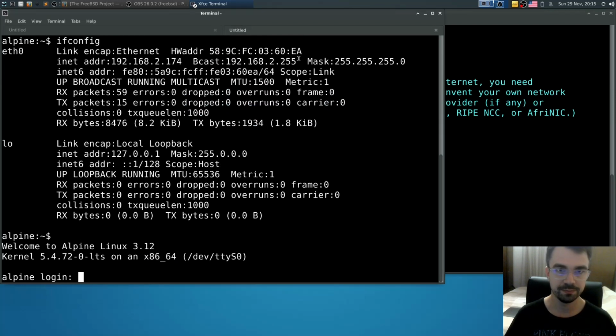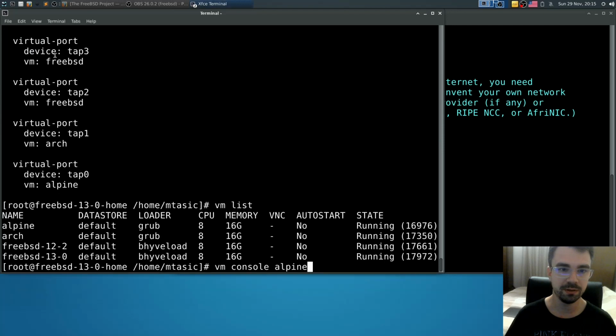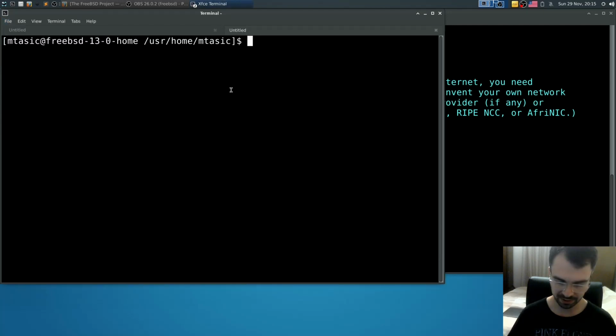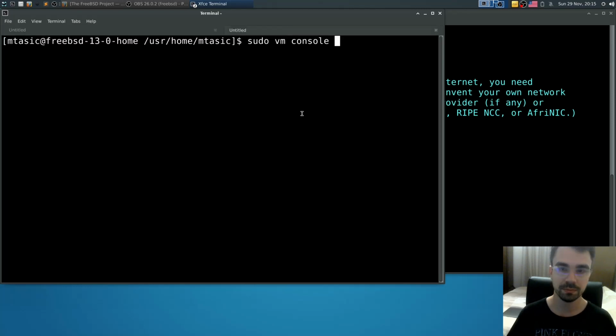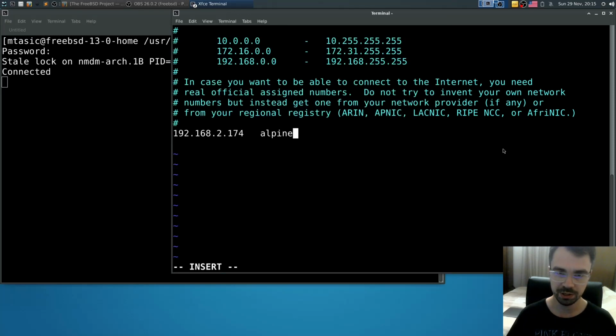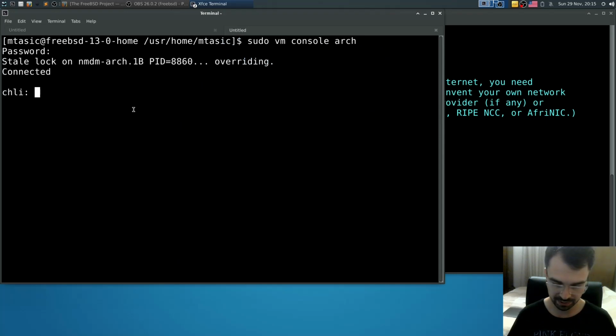Next thing. Close this terminal. Open another one and say sudo vm console arch. I'll just do one more thing. I'll actually append beehive like this: alpine.beehive. Okay.